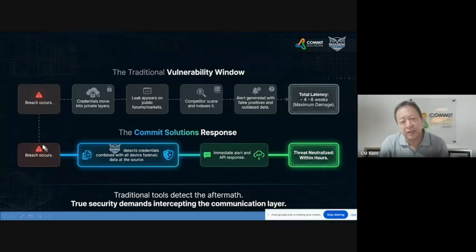But in our case, it's a bit different, because as I mentioned, we monitor all the 4 layers of the dark web. So the moment a breach occurs, we will detect it. We do not go through a normal process. And with the AI engine in place, what it does is correlate all the breaches or the information we found, and make sense of it and send it to whichever organization that we are providing service to.